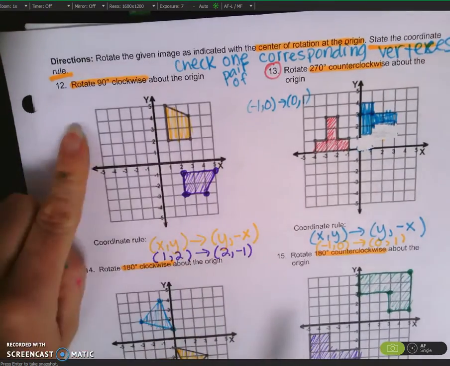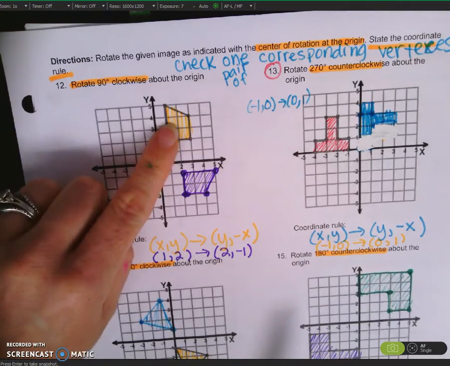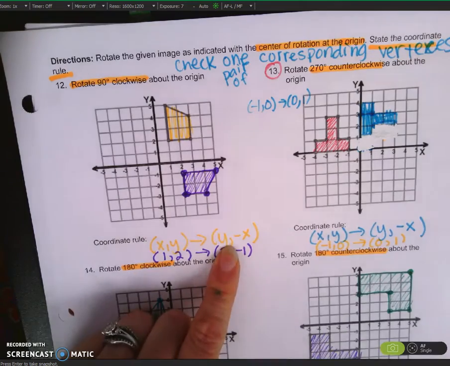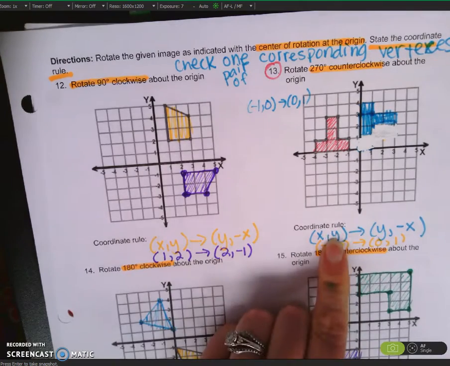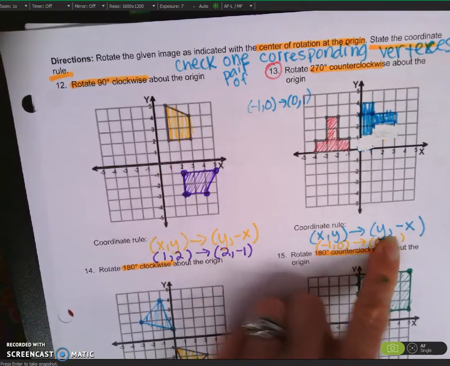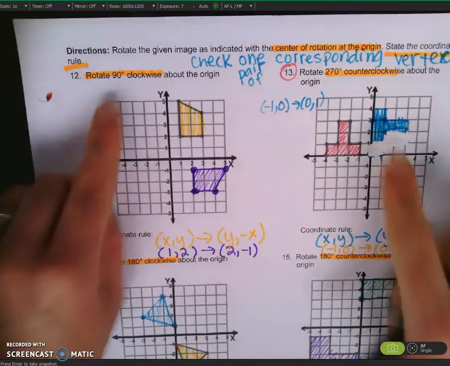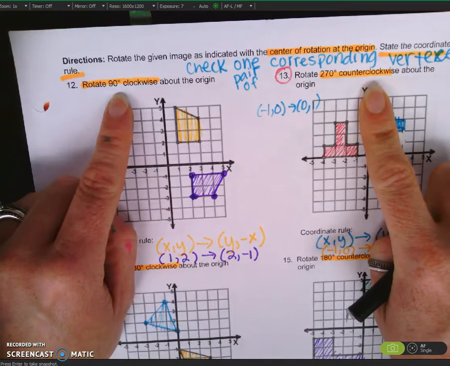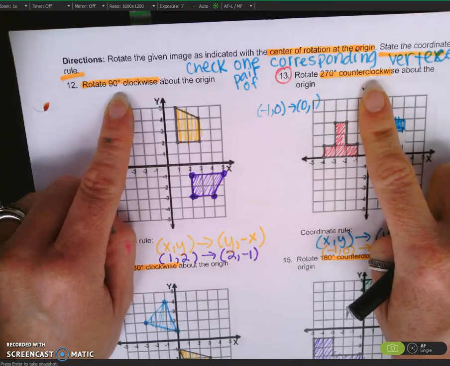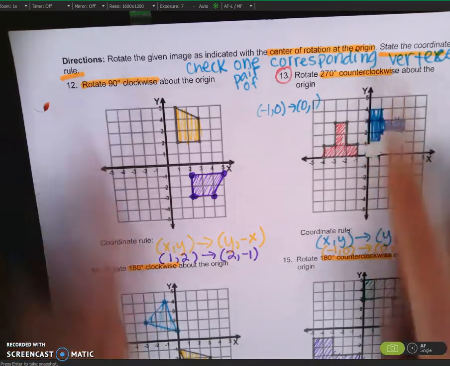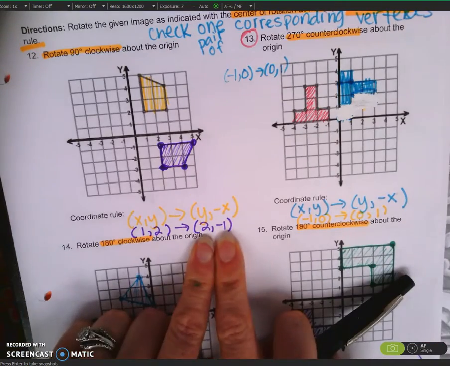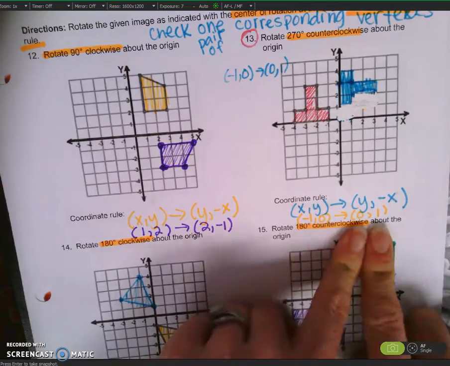So taking a look, 12, we have our pre-image to our image. X, y is mapped to y, negative x. And hey, we have the same coordinate rule over here. X, y is mapped to y, negative x, because a 90-degree clockwise rotation is equivalent to, yeah, that's right, 270-degree counterclockwise rotation. And I checked on 12, 1, 2 went to 2, negative 1, and negative 1, 0 went to